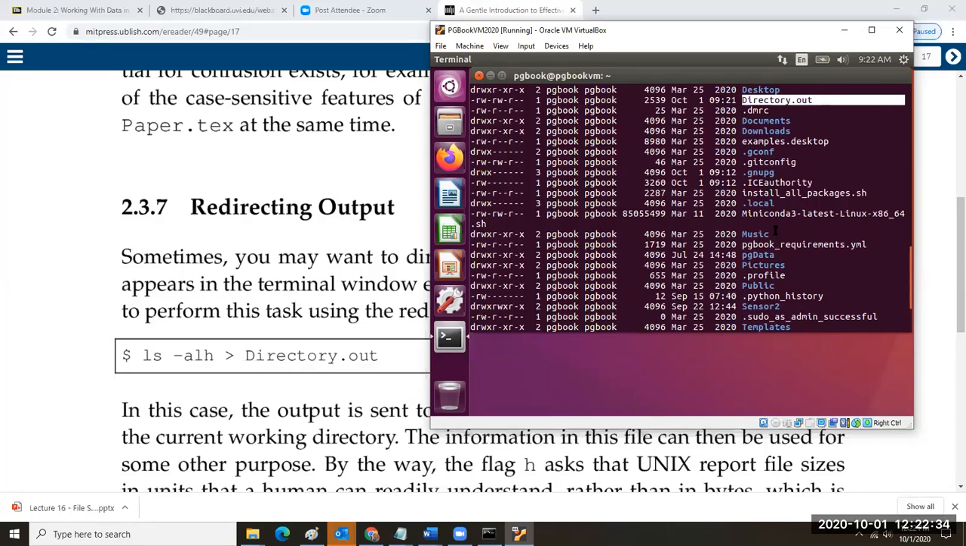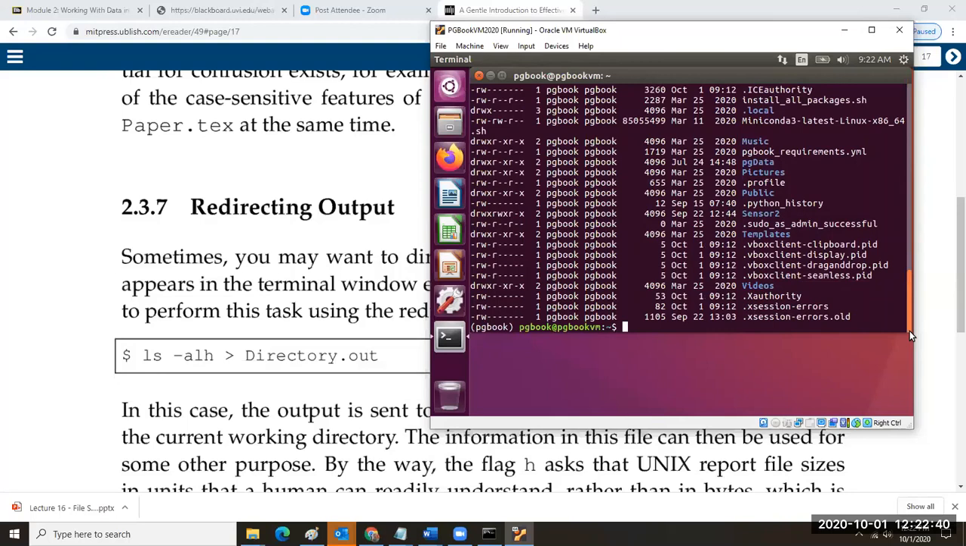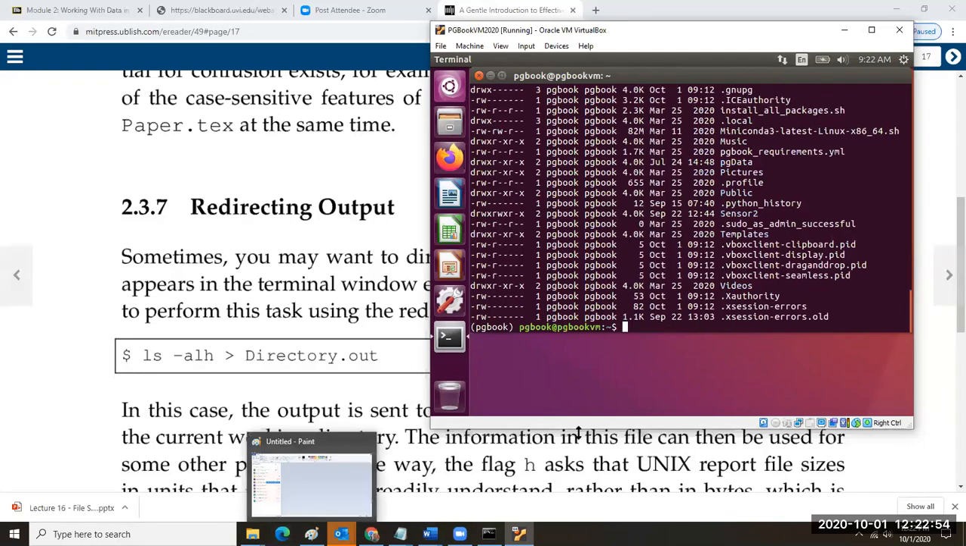And if I want to be able to display the contents of that file, I'm going to use the cat command. The contents of the directory out file was a listing of files. So all I did was take the output of the directory listing command, the ls command, and store it in the directory out file. So you need to play around and get used to the idea that you can